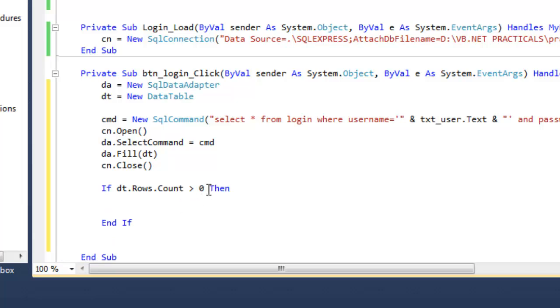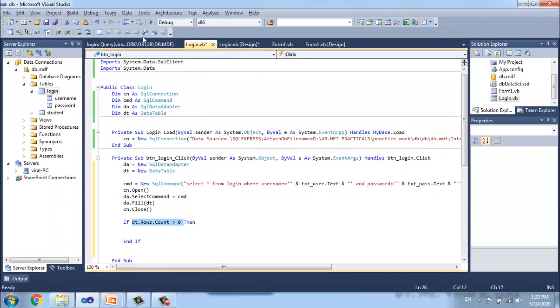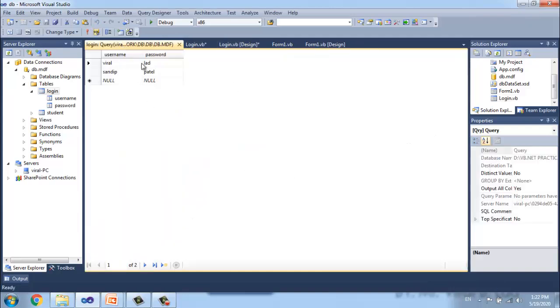What is the meaning of this? If the user has entered username Viral and password Lad, it means your data is available in this table, so data is fetched as Viral and Lad. So rows is more than 0. Okay, so the condition is true.